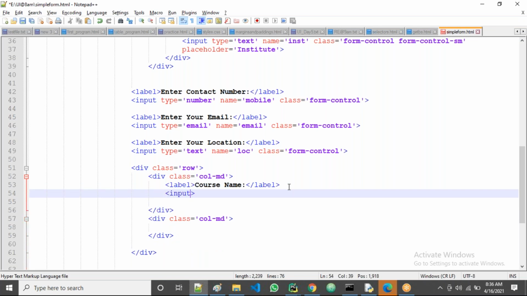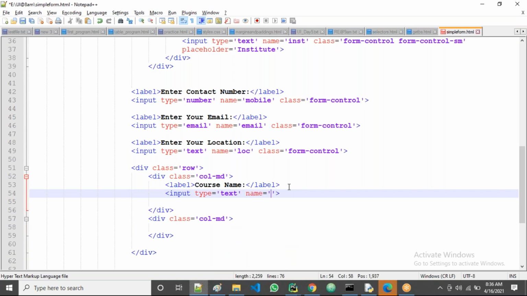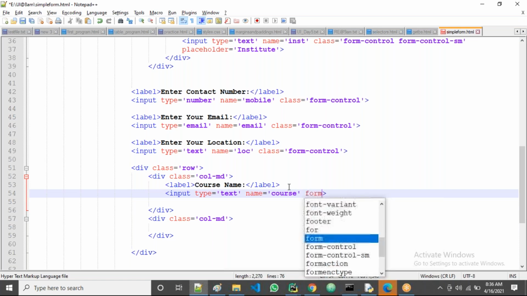Whatever he is giving, I want to know which type this one is, guys. This is the text type, right, guys? Okay, this is the text type. Okay, fine. And whatever is given, I need a variable. I take the variable name course. Okay, fine.